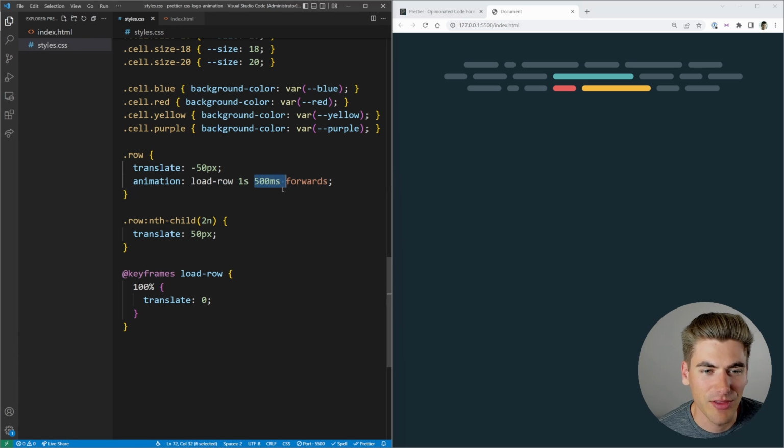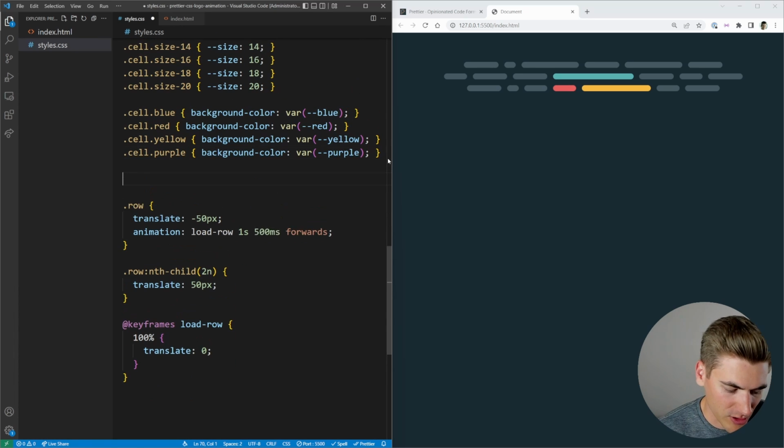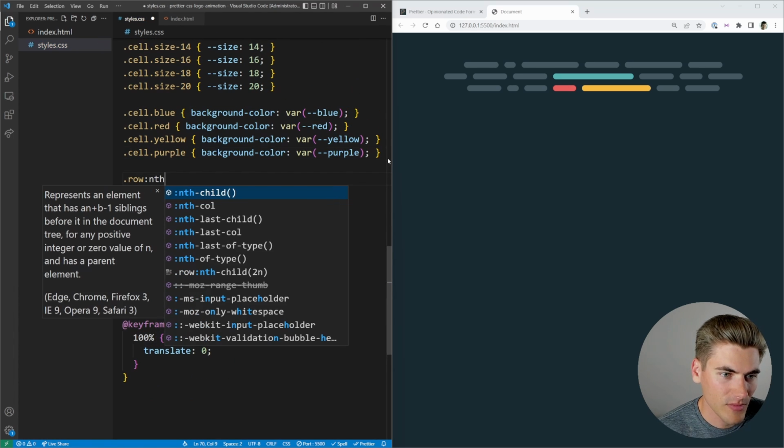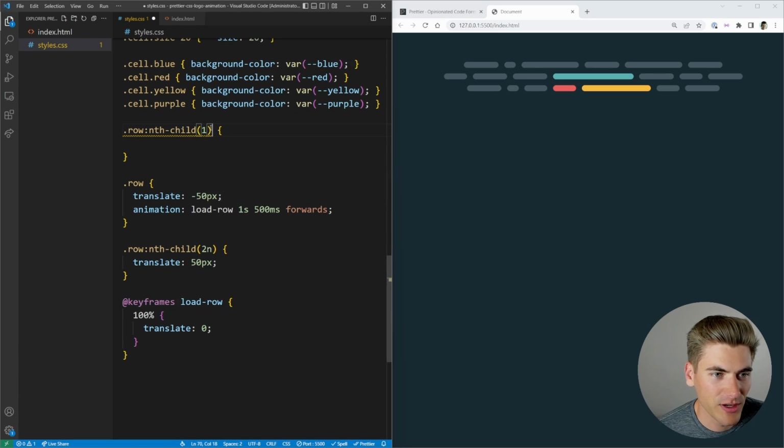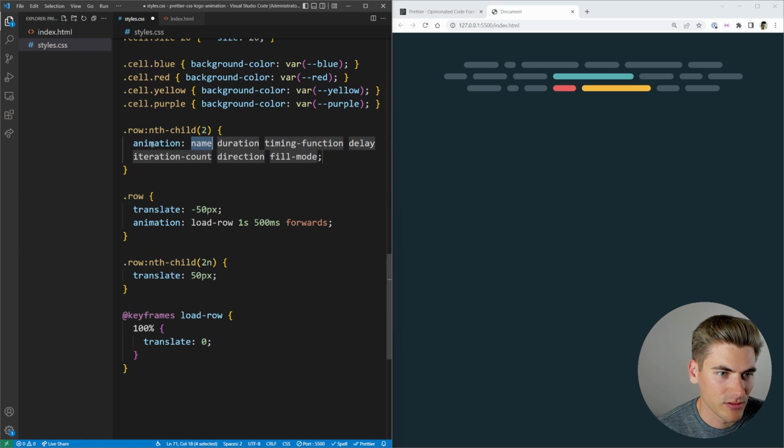So now we just need to stagger the animations by 500 milliseconds for each row. And unfortunately, with normal CSS, I don't believe there's a way to just say each child, stagger it by a little bit more. So we have to manually code that in, which is a bit of a bummer. I'll do it up here. We could just say row nth child 1. That'll be the first child, for example. We don't want to do anything different for the first child, but on the second child, we want our animation